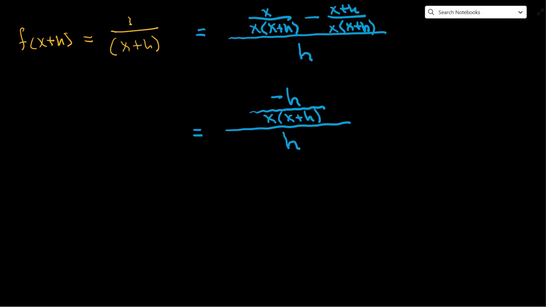Okay, so what on earth do we do with this? Well, in the denominator, we have h, but h is really the same thing as h over 1. If you divide by 1, you get the same thing back, h. And what I'm going to do is I'm going to rewrite this. Remember, if you have a fraction,